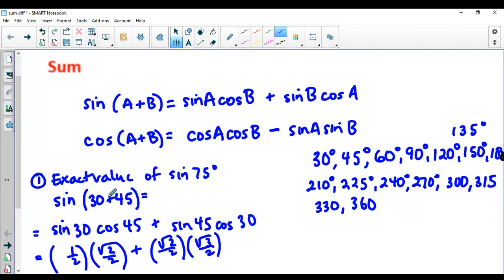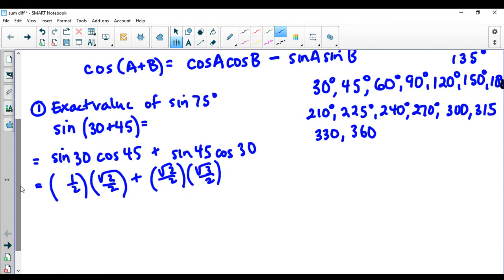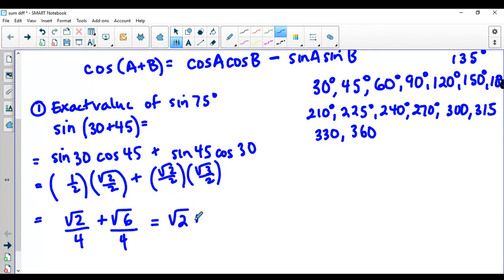So with this topic, you cannot be afraid of radicals. You're going to have to rationalize sometimes. Let's see what happens here. Multiplying is easy. Numerator times numerator, square root of 2. Denominator times denominator is 4. Numerator, square root of 6. Denominator is 4. If the radical is not the same, there's not much you can do. So the exact value